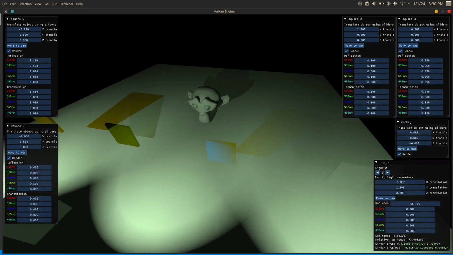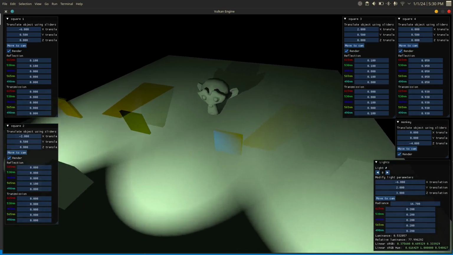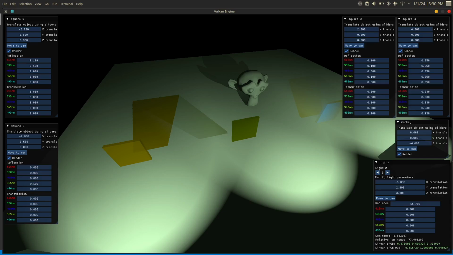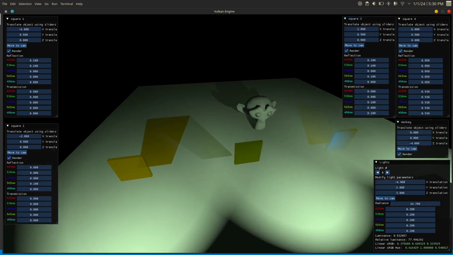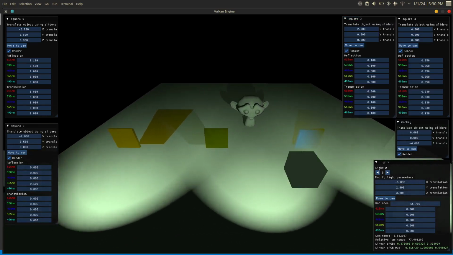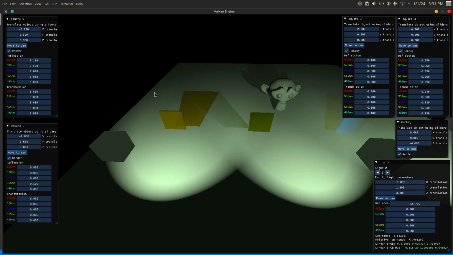But each of these translucent objects has different reflection and transmission colors, as you can see in the GUIs for each of them, and they cast colored shadows based on their transmission colors. So over here on the far left, I have these two translucent squares, and they both look kind of yellow,